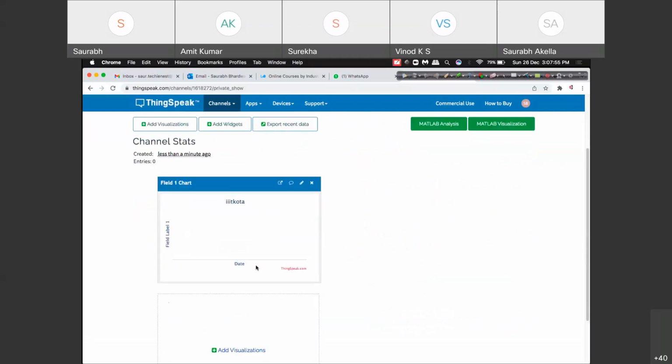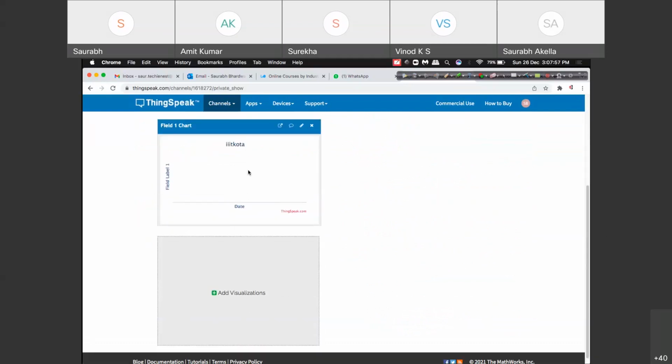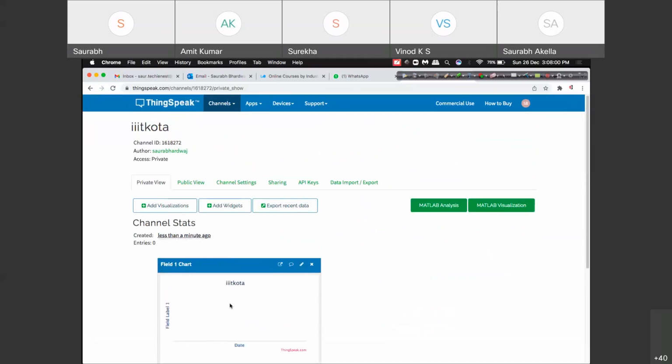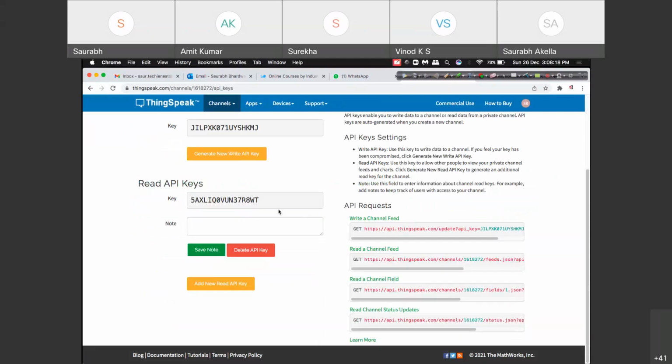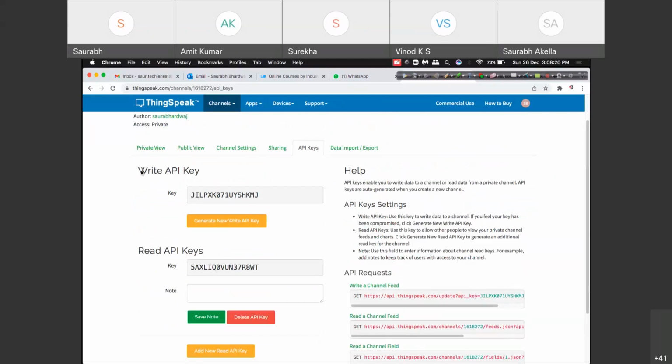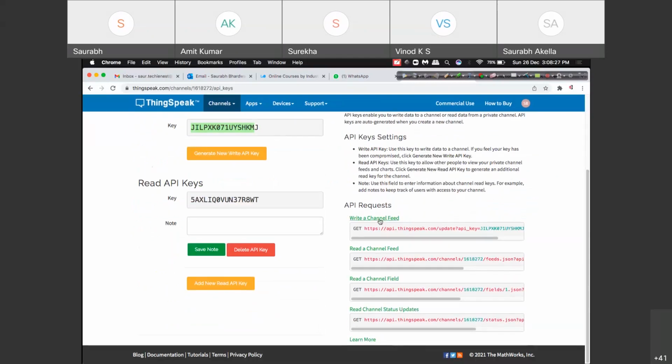So here every data visualization could be analyzed, right? We have to set up something for that as well. You can export your data, you can visualize some different graphs, methods, you can add widgets right here, and you can see your API IDs also here. Okay, you can see your API ID in the right side. So we have API key, write API key, and read API key. So there are two keys here, right? Using these keys we have got API IDs, sorry, API